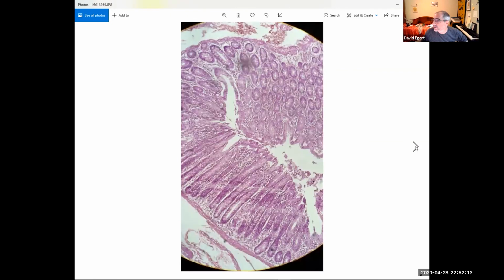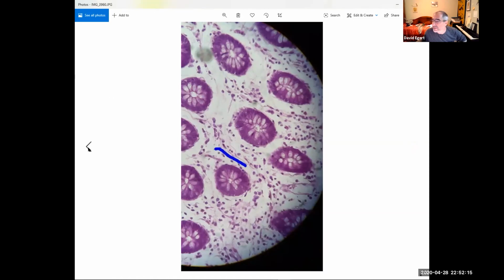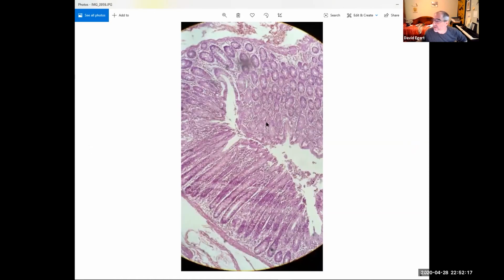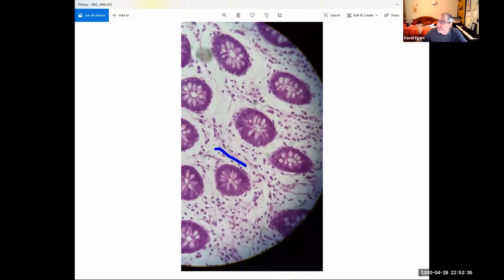Where do I have it? Here. So this is it. So again, here is the colon. Here's showing the crypts going down. Here's what happens if you're cross-sectioning them, where you're looking at the gopher holes that have been cross-sectioned. And if we just zoom in on the cross-sectioned thing there, you get this,